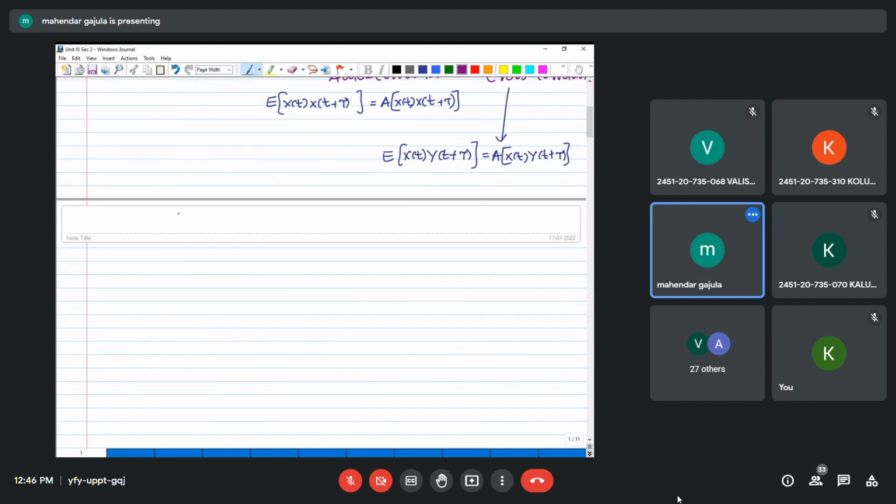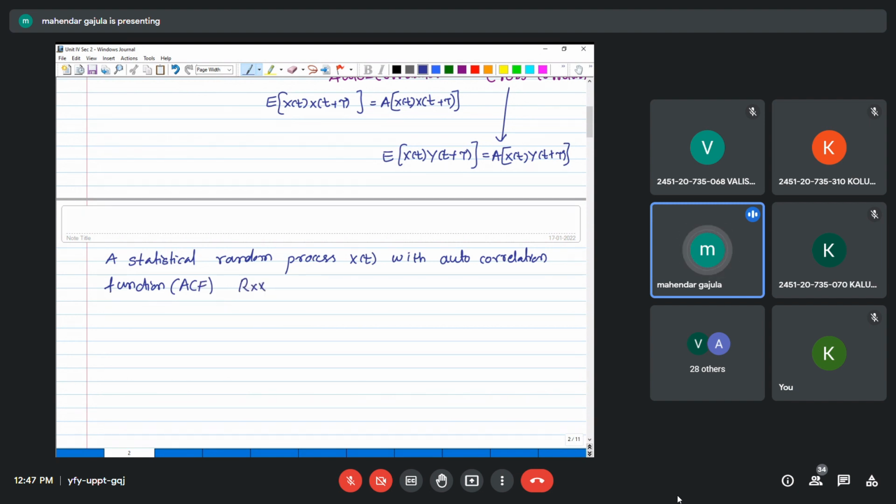Now we will see the definition. Write down: a statistical random process x(t) with autocorrelation function ACF, R_XX(tau). The two random variables x and x are obtained from the same random process, so that is double X. Tau is the time delay between the two random variables. It is said to be